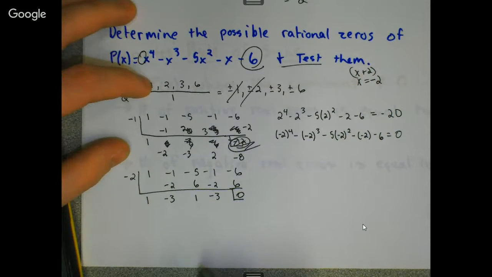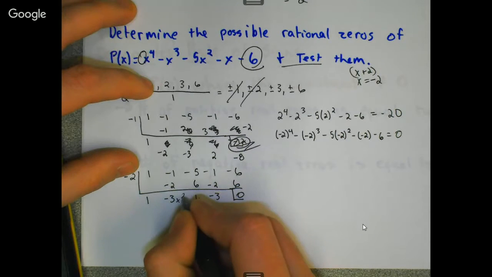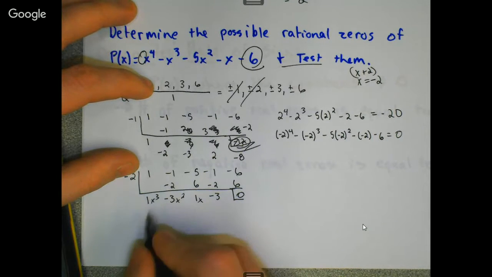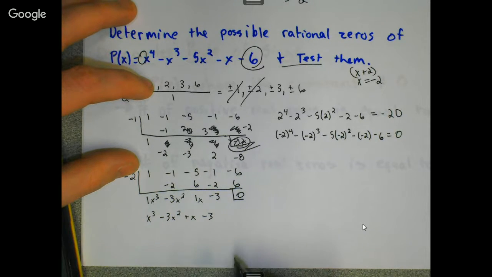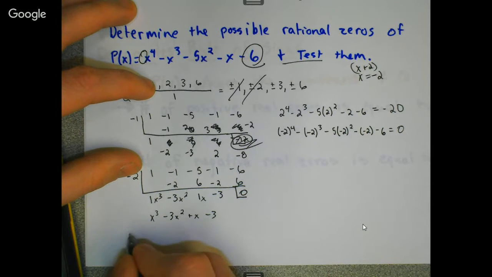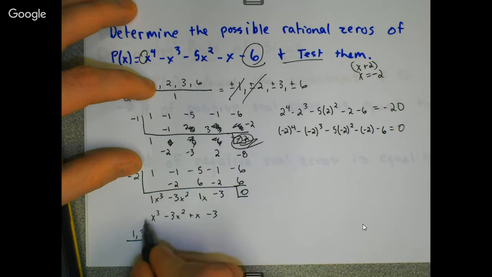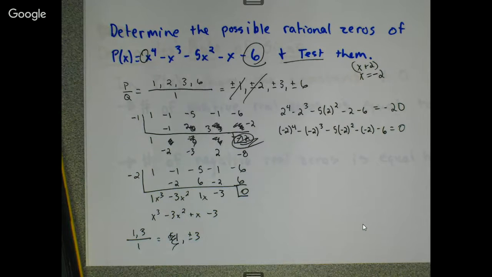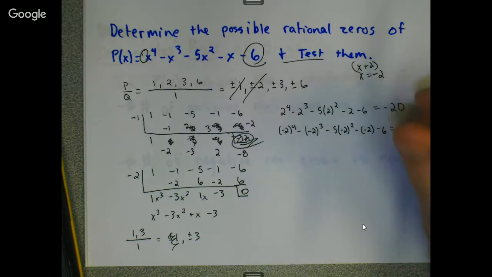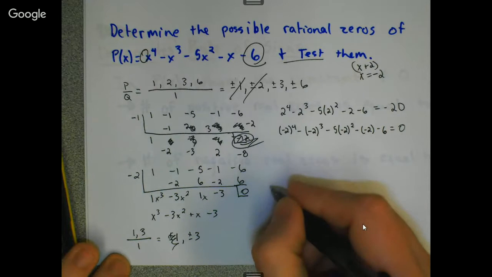Because now my new polynomial is this: x to the 3rd minus 3x squared plus x minus 3. So I take factors of this one, which are 1 and 3, over factors of this one, which are 1. So now I'm only looking at plus minus 1 and plus minus 3. Well, we checked plus minus 1, and it didn't work. If it would have worked for this one, it would have worked for the one before. So now all I need to check is positive and negative 3. So if I check 3,